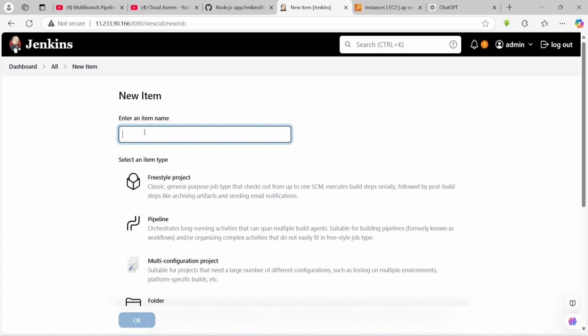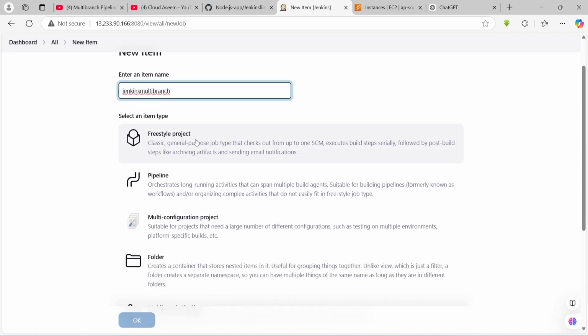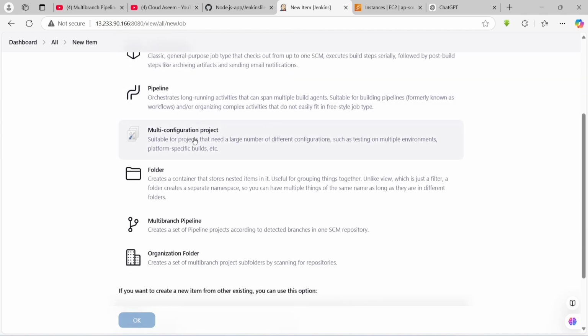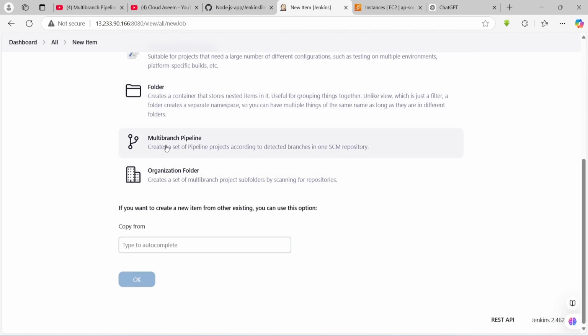We will name it Jenkins multi branch. Okay, you can keep any name. You can scroll down over here, and you'll find different options. You can go with a freestyle project or pipeline, but in this session we are going to cover the multi branch pipeline. Then you click OK, and then the prompt will come up to configure your repository and